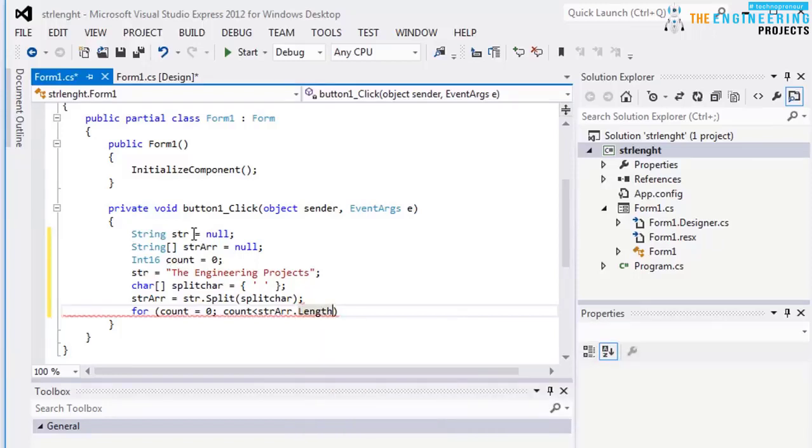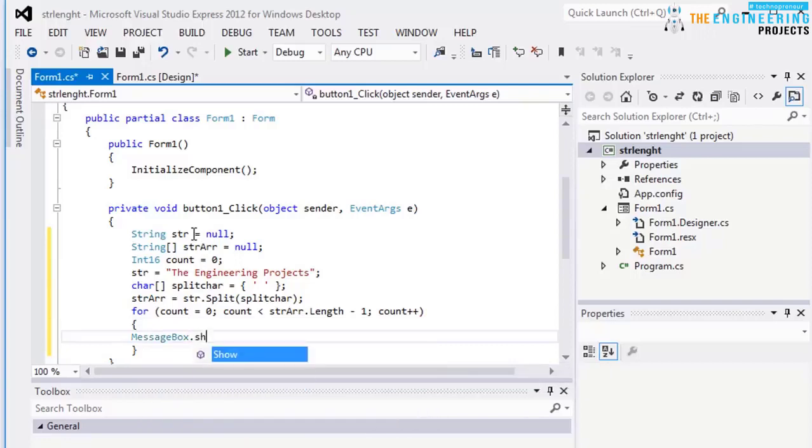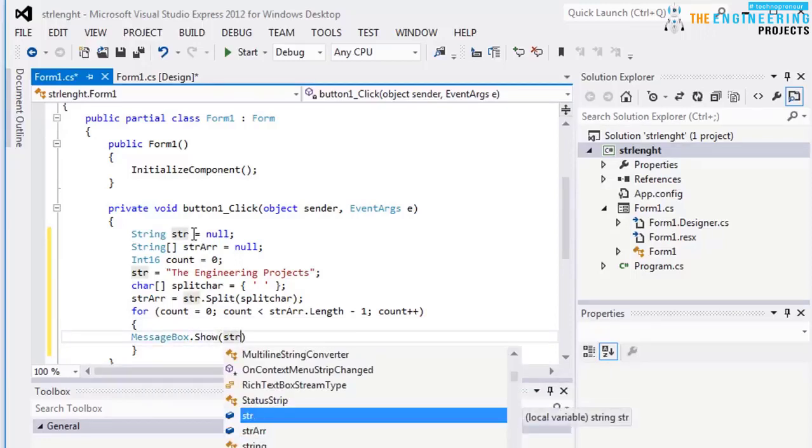What this method does is return the current value of the character by length in integer, which I have explained in my previous video, minus 1, count plus plus, and in here declare the method as message box dot show the value of string array